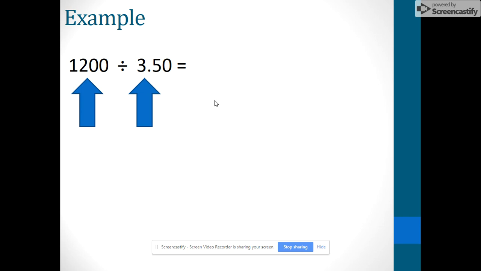Let's try another one. 1200 divided by 3.50. 1200 has 2 sig figs, the 1 and the 2, and 3.50 has 3 sig figs. Again, if you're confused as to where these numbers of sig figs are coming from, make sure you re-watch the video from the previous class so that you can understand the rules for counting sig figs. We're going to focus on the 1200 since it has the fewest number of sig figs, and 1200 divided by 3.5 will give us